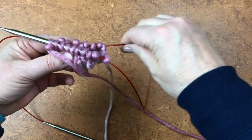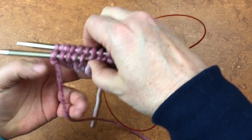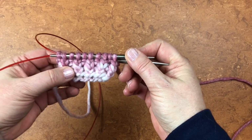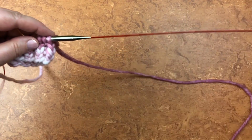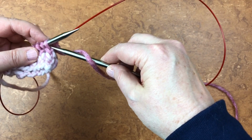Okay, and then we're going to pull our cable through, and then we turn back in our ready position. Scoop from under, and